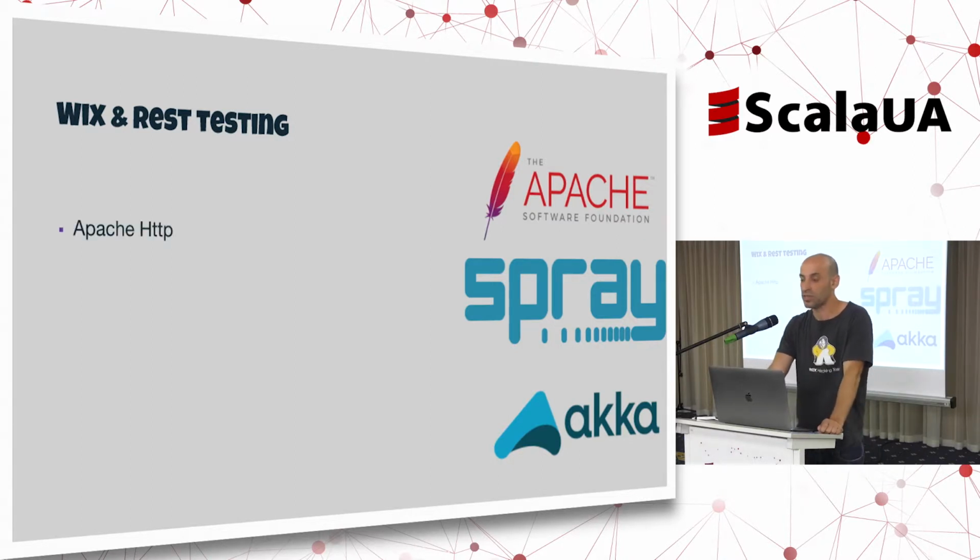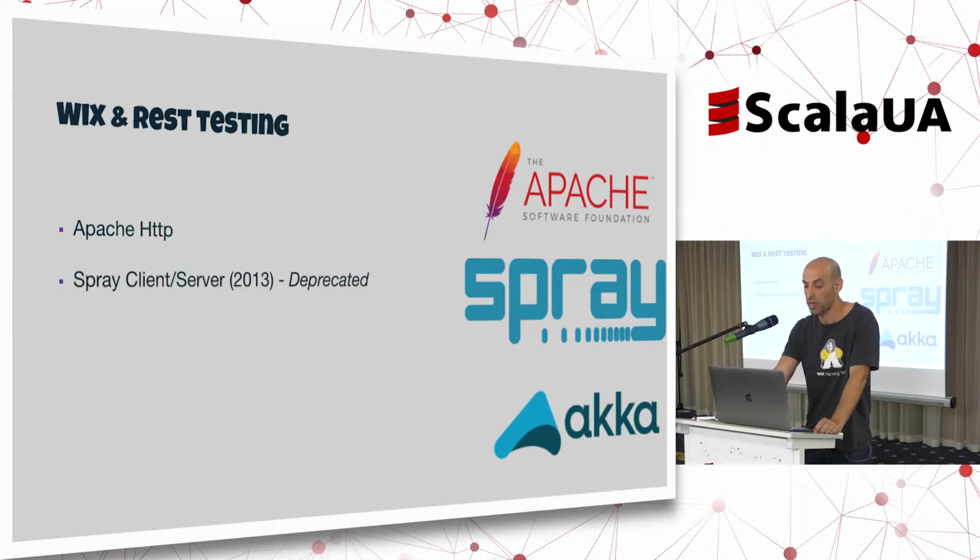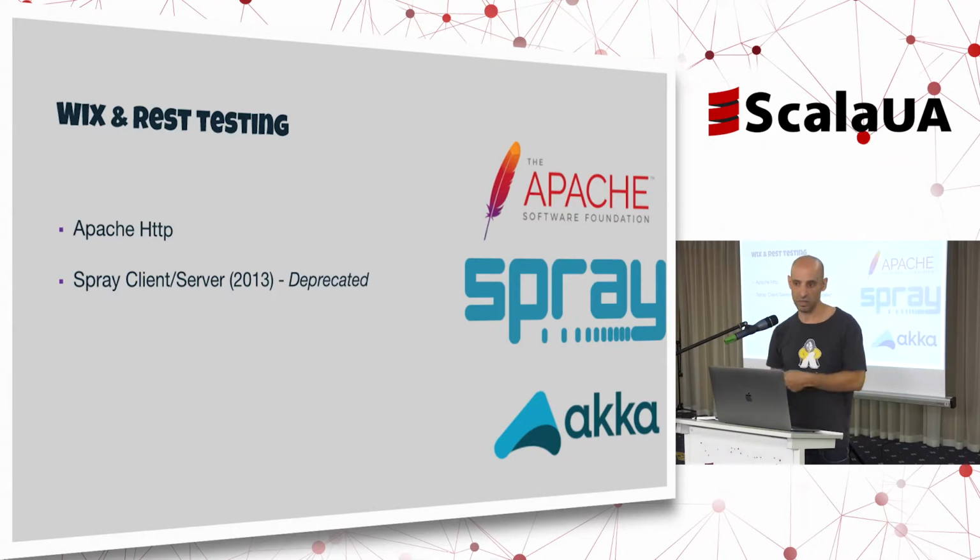So the first thing that we started to use is Apache HTTP. It was written at some point in the dark days when we started as a company. When we noticed Spray Client, we immediately fell in love with it for a lot of reasons. We started using it in testing. So I wrote this library internally that was using Spray in various points at various things, and then at 2013,